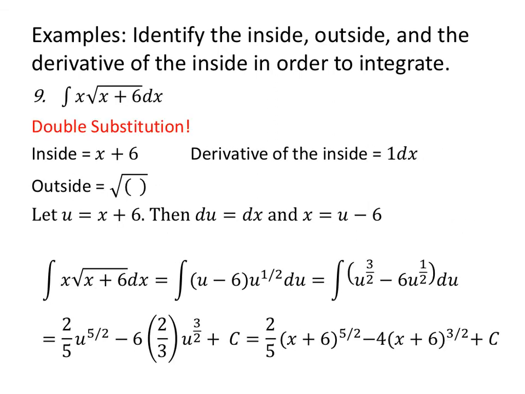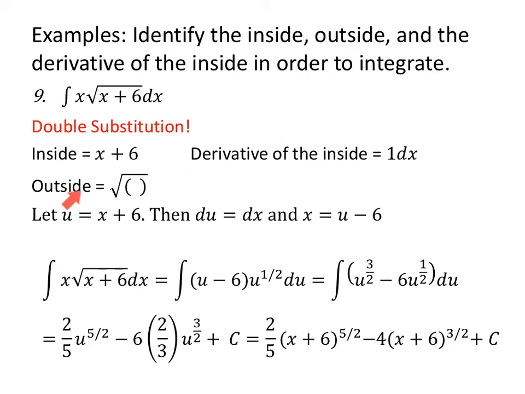Okay, a double substitution. I love these ones. But then again, I'm a math professor, so the integral of x times the square root of x plus 6 dx. There is absolutely no way we can simplify this as is. What do we have? We have an x plus 6 inside our parentheses. But what's the derivative of x plus 6? It's just 1 dx. The outside is the square root. But when I have u equals x plus 6 and du just equals dx, I have an extra x hanging